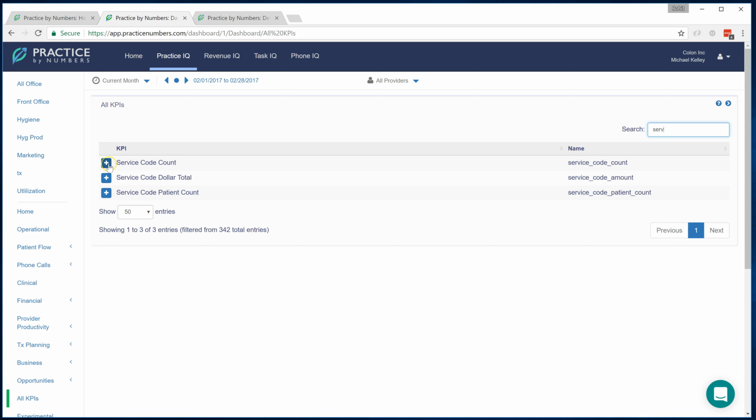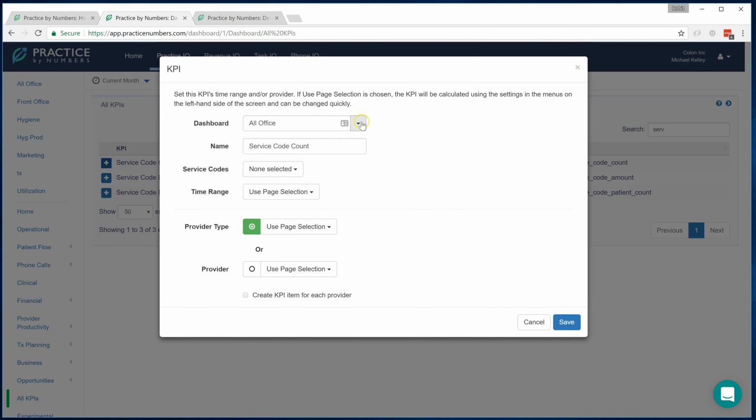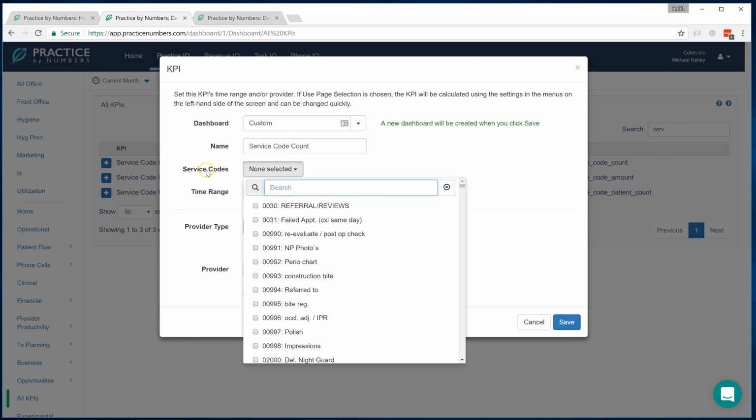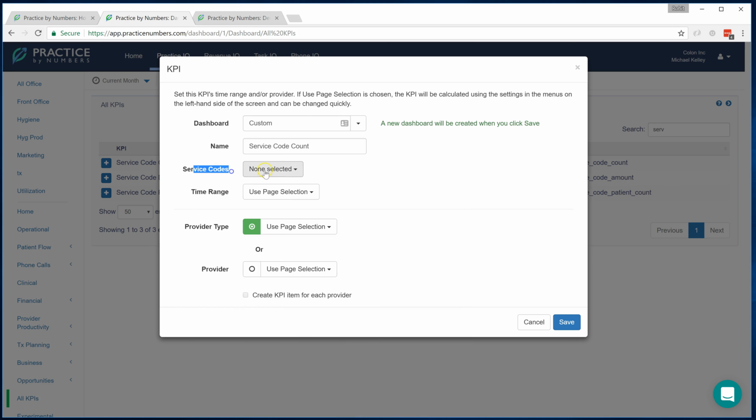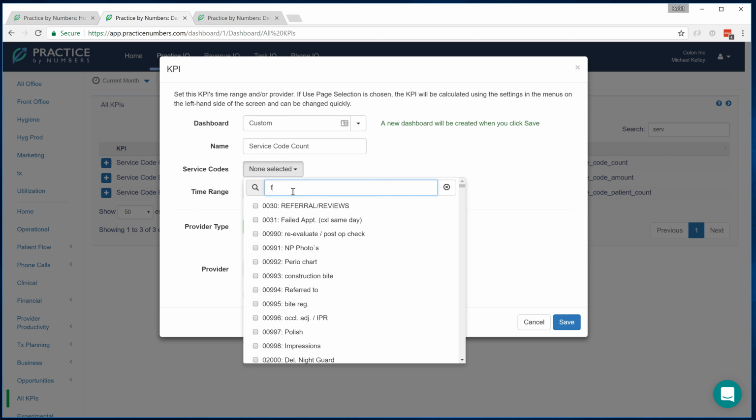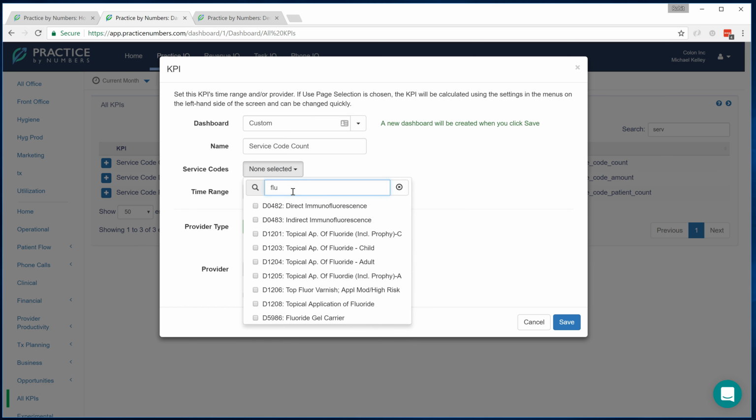So let's pick this up. So we're going to say add this KPI to, and I'm going to go ahead and say create a new dashboard. I'm going to call this new dashboard a custom dashboard. Okay, you can call it whatever you want. So in this particular case, let's look for the service codes for fluoride. So in the service code drop down, find fluorides in this case,